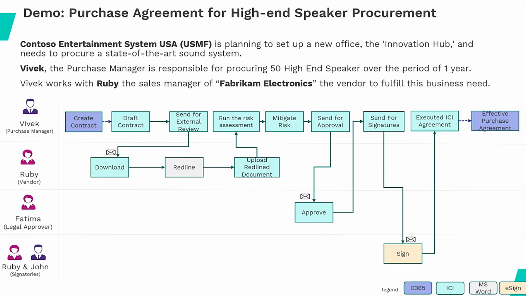Okay. In order to execute this business scenario, the purchase manager will start from Dynamics 365. He will create a contract in ICI using a pre-configured template. Once the contract is authored, I will be sending out the contract to Ruby, who will redline this contract. Once Ruby sends the revised redline copy back, I will run a risk assessment copilot in order to identify if there are any risks since Ruby has redlined the contract. If any risks are found, I'll mitigate that risk, and then subsequently I can send the agreement out for